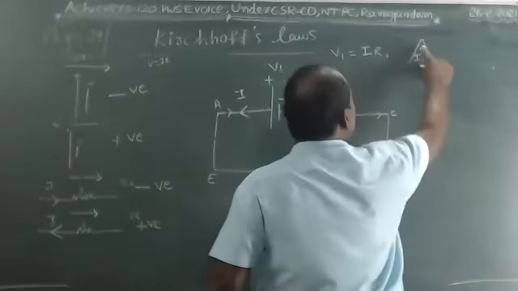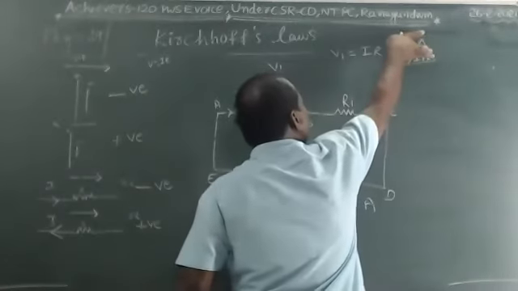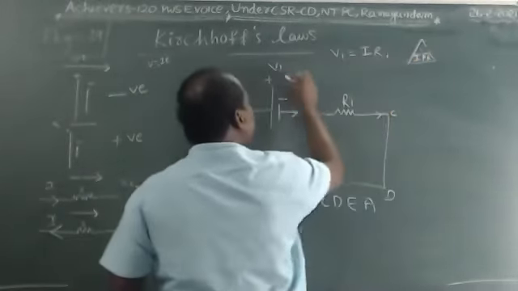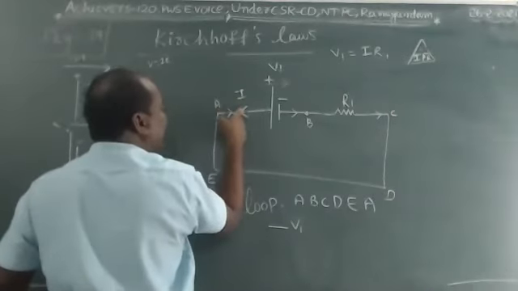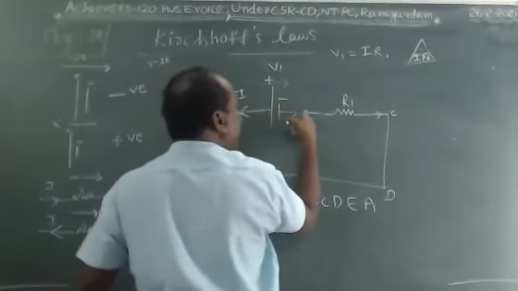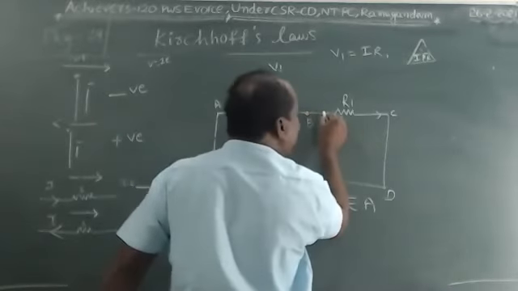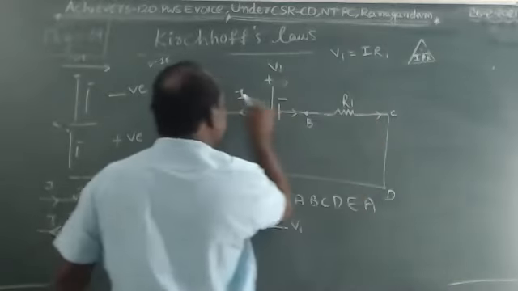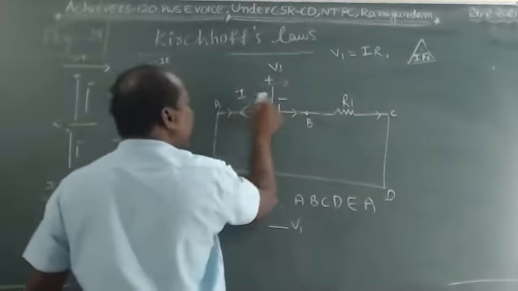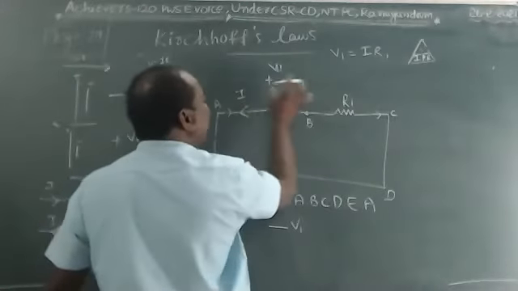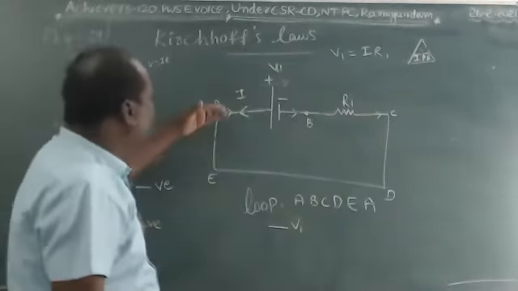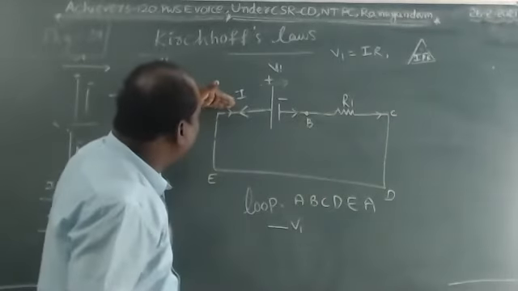Voltage formula. V equals I into R. Here V1 means the potential difference is across the current, and it moves the potential difference. And the resistance is also across it. This potential difference is across the current and resistance. That's why V1 equals IR1, because it moves continuously from point A.